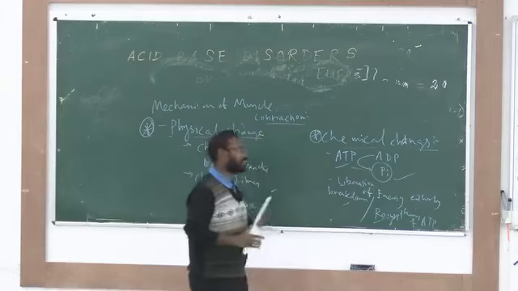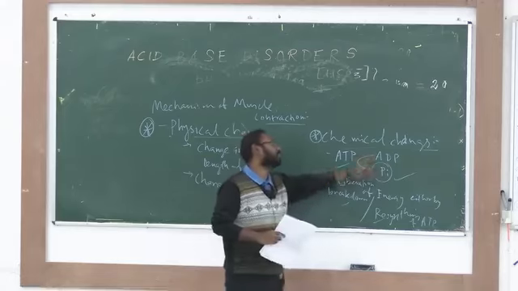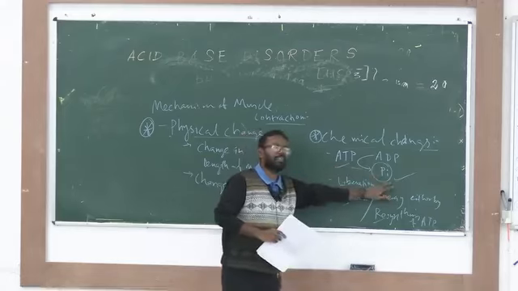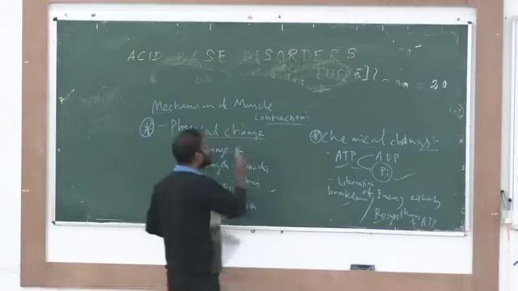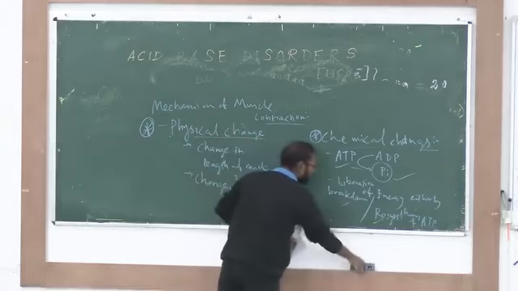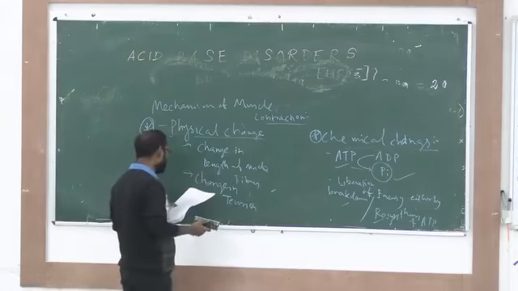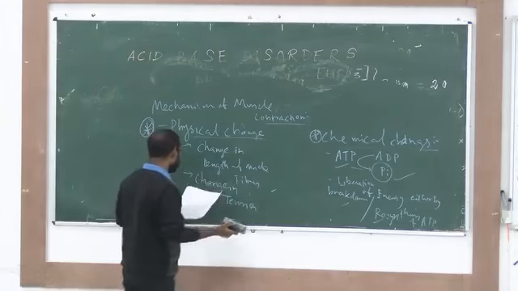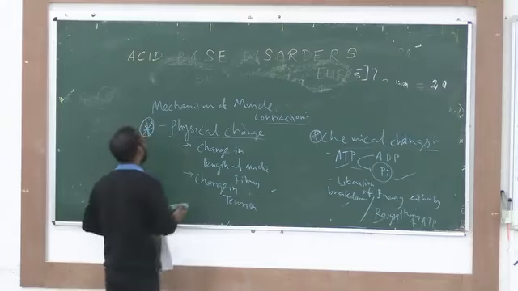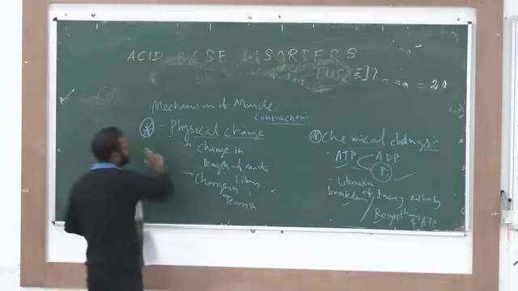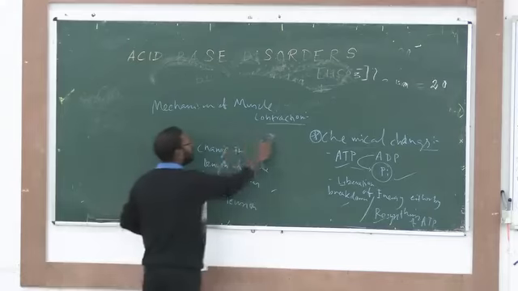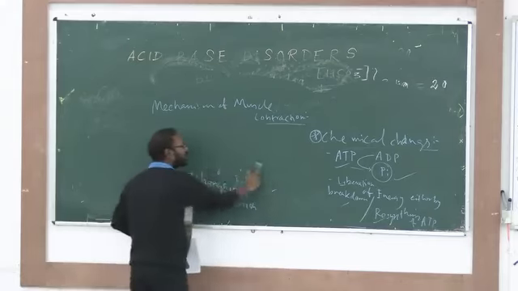The main reaction being ATP divided into ADP plus Pi. This energy is needed in your muscle contraction. So both physical changes and chemical changes are happening. Now we will discuss how it happens one by one, and also there are histological changes. Finally physical is done, chemical is done, and there are histological changes. Histological changes mean you can only see them